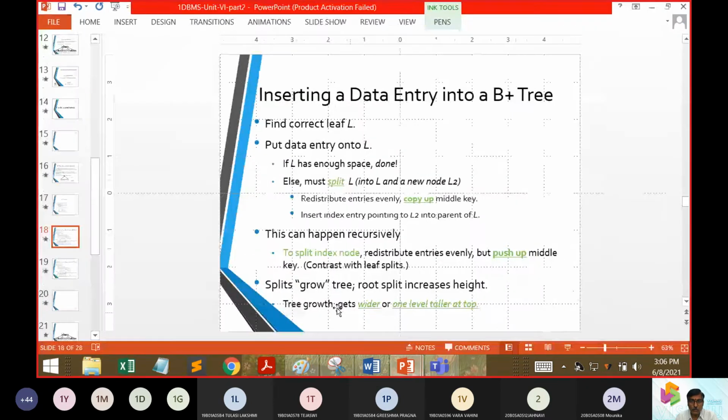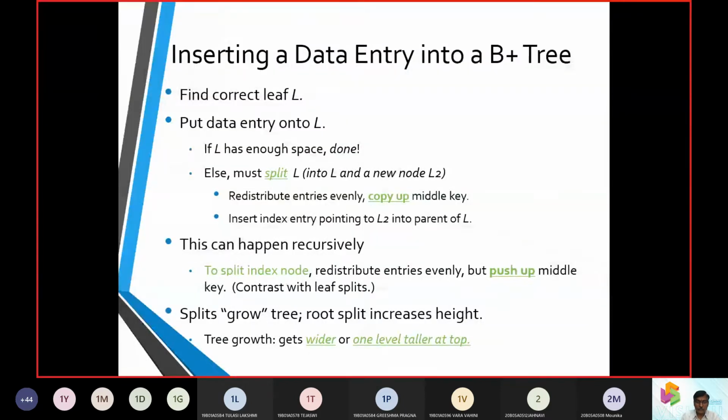Now let us see one more tree, how the B plus tree was organized here. So now we talked about inserting a data entry in a B plus tree. We find the correct leaf. If the space is there, we are done. If the space is not there, we need to split. How do we split? L we are going to divide into L and L2.